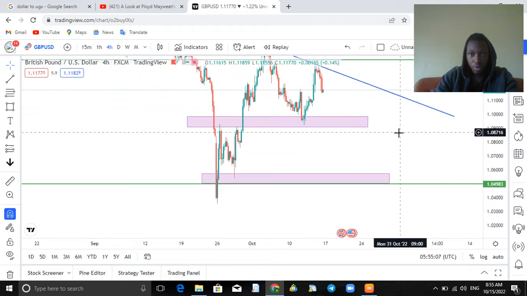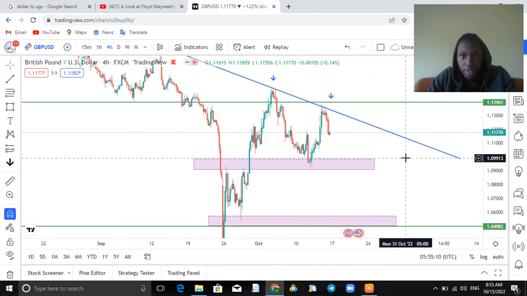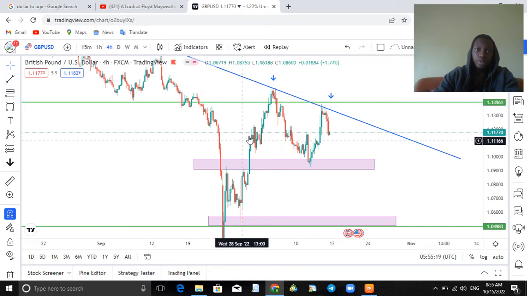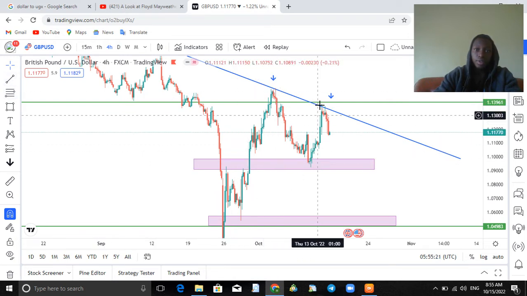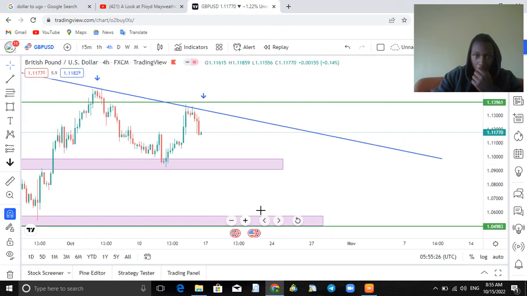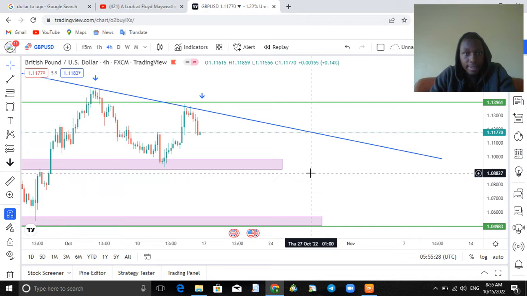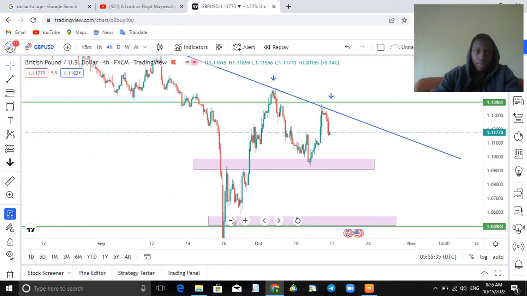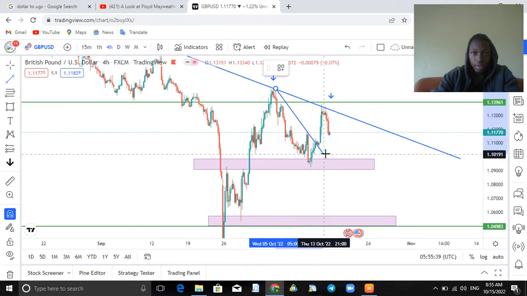So when you try to zoom out, you can clearly see that GBPUSD is in a sell formation. So now we have a double top formation. This is the first top, and this is the second top. Now we want to see where exactly GBPUSD is heading. Now before we jump into the sell, if I clearly analyze the market, you can see we also have this second anticipation,